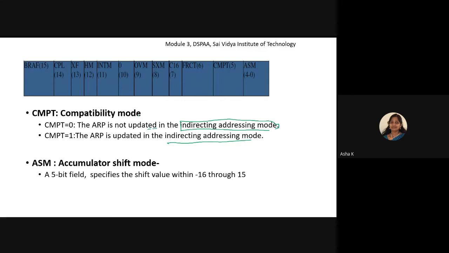In these 3 operations, this accumulator shift mode, a 5-bit field, will decide the shifting operations, the shift value. So a shift value within the range minus 16 through 15 will be done with the help of this.